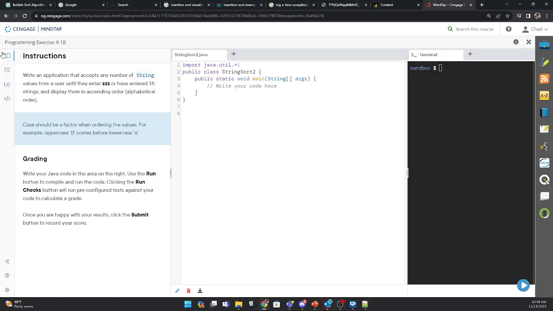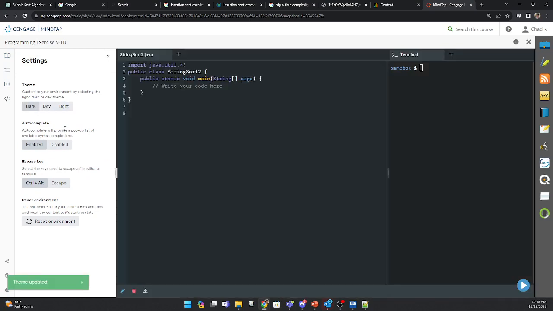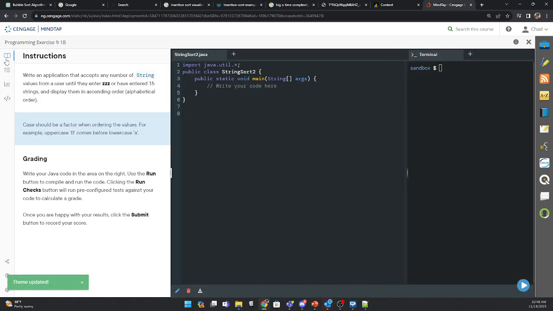All right, so let's just jump into this one, move it back to dark mode, and see what we got. We have a set of assignments that say accept any number of string arguments until they have entered ZZZ or have entered 15 strings and display them in ascending order. So we already know that we have a final int max that is going to be equal to 15, and we know we're going to do something while